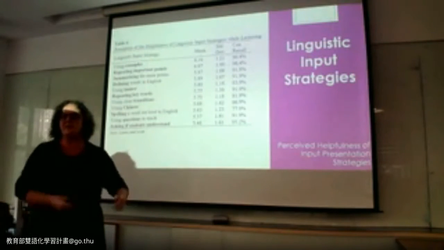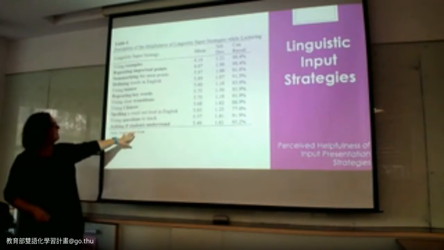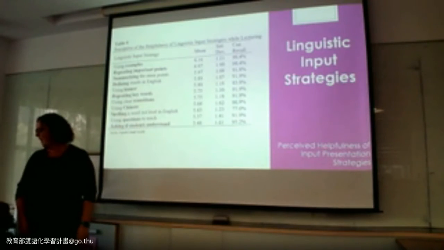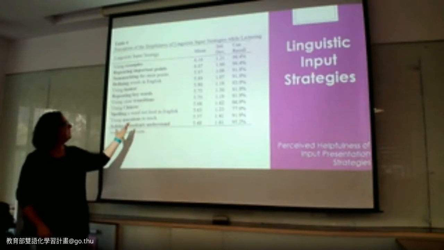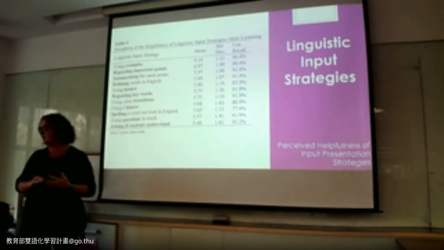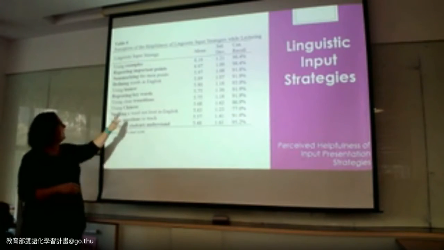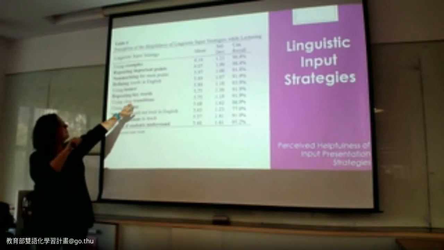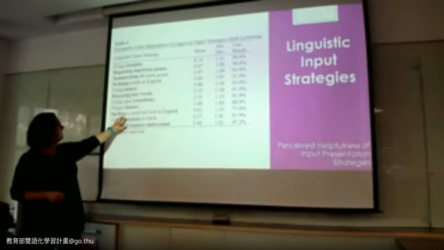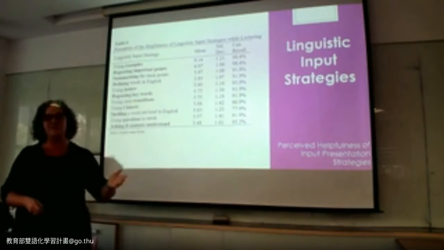This is the result of the survey that I did online on linguistic input strategies. On a 7-point Likert scale, all of these qualify as helpful to students. We have things like using examples. Using examples ranks the highest. Repeating important points, summarizing main points, defining words, using humor. It's not what we're talking about, but that's also one. Repeating keywords, clear transitions, even using Chinese, spelling out words, making sure they've understood what we're saying, using questions. All of these students found effective.